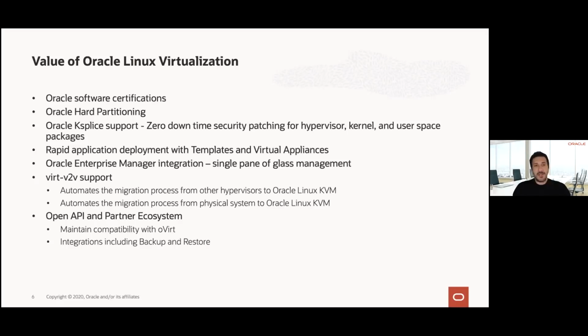Another point that at the end gives you value to Oracle Linux Virtualization is related to KSplice. KSplice is a solution available for Oracle Linux as well as Oracle Linux KVM. It's a component that gives you the opportunity to install security fixes for hypervisor, for the kernel, and even for some user space packages like, for example, OpenSSL, glibc, or even QEMU, without any kind of outage. What does it mean? It means that on your system, you can install security fixes without rebooting your system or without restarting your services. No impact, right?